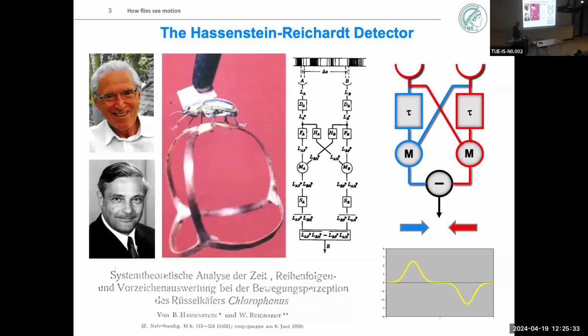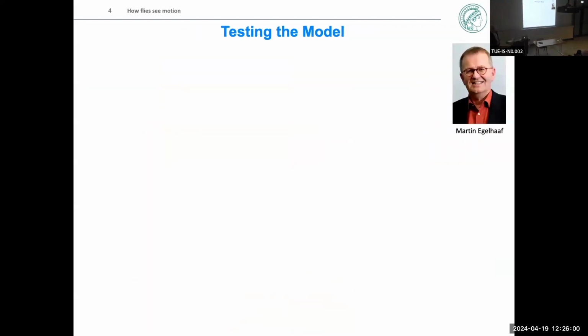So when I arrived here in Tübingen as a young postdoc in '84, there was already a lot of evidence in favor of this model in the fly visual system. But all these predictions and experiments concerned the steady state response of the motion detector, and no one had really looked at the dynamics of this model. So together with Martin Egelhaaf, who was a grad student with Werner Reichardt, while I was a postdoc with Kai Götz, and Martin had just finished his PhD thesis, so he also became more independent,